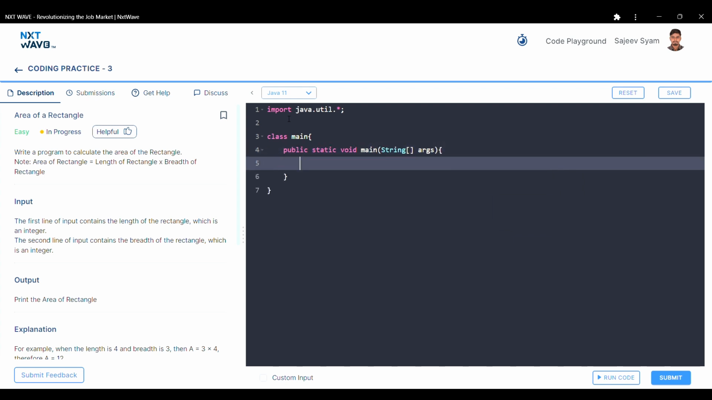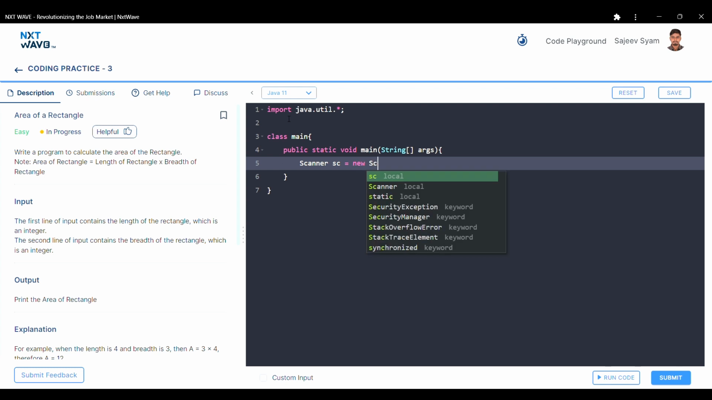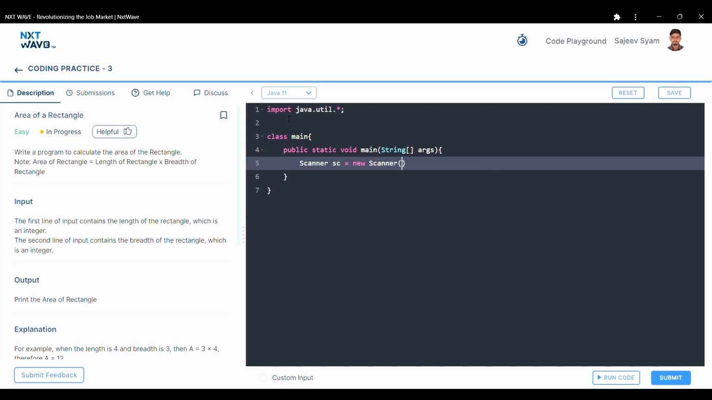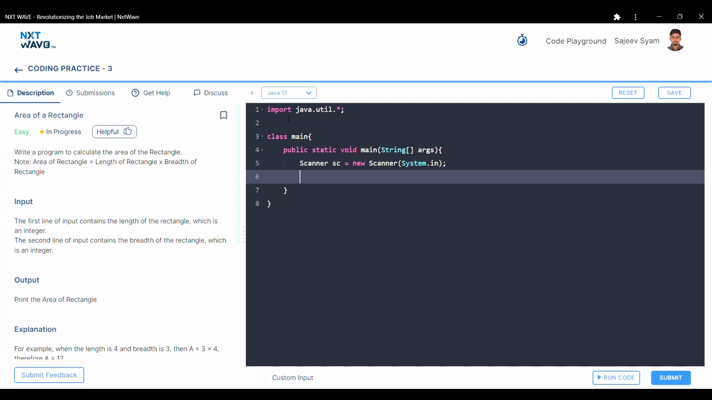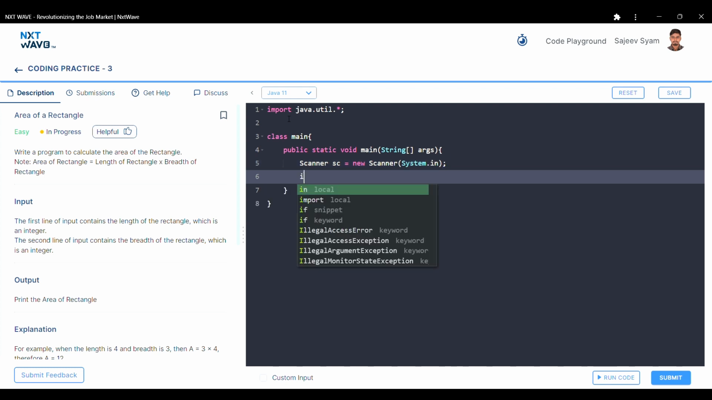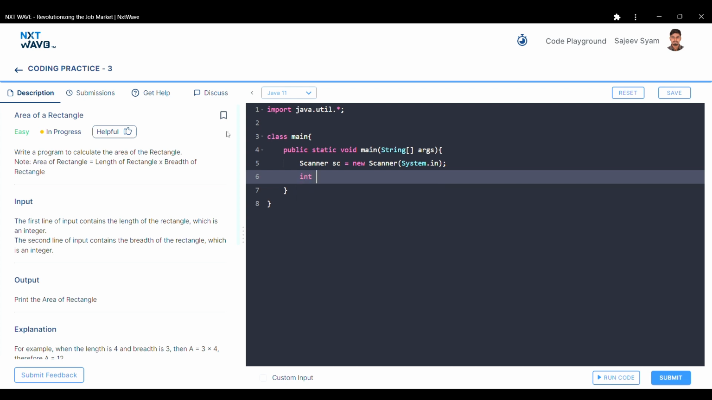Then we have to take a scanner, Scanner sc equal to new Scanner(System.in). Then we have to take the integer, int first. Here they are saying that the first line of input contains the length of the rectangle, so we are taking len